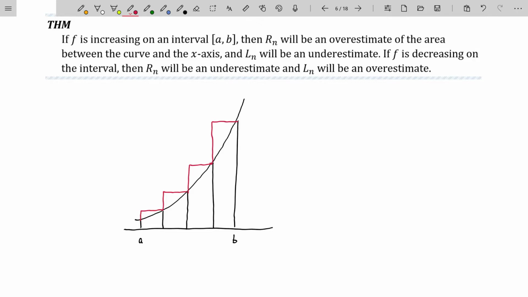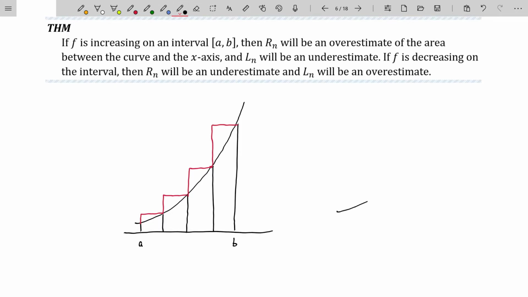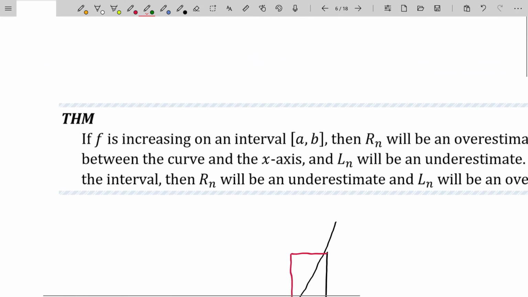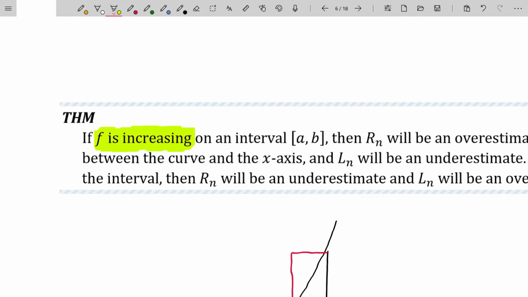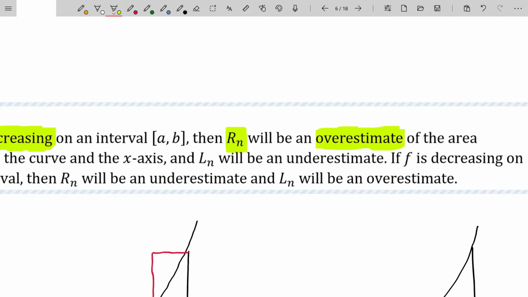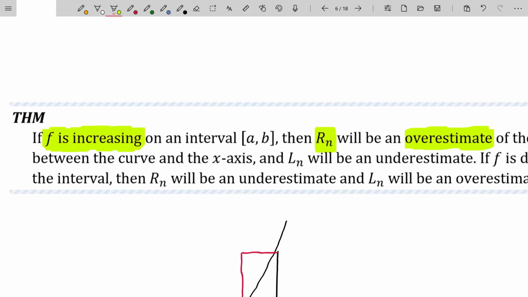And that should make sense. Whereas if you had the same curve, let's go ahead and draw that out, and it's on the same interval, which means I should have honestly copied this, but oh well, such is life. Okay, from A to B, if you use left endpoints as the toppers, you get an underestimate. Again, if your function is increasing. So if f is increasing, then R sub n, the right endpoint method, will be an overestimate,